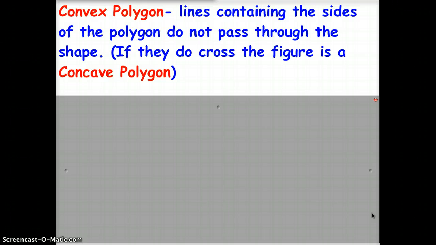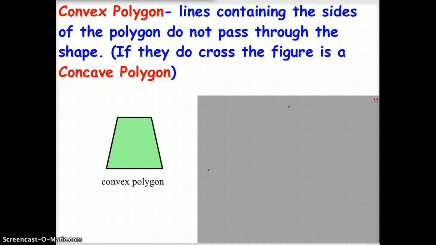For convex polygons, the lines containing the sides of the polygon do not pass through the shape. If they aren't convex, then the opposite of that is a concave polygon. So let's look at this. This is a convex polygon. If I extend these lines out in any direction,